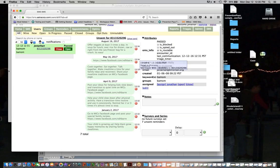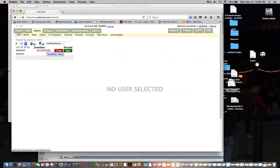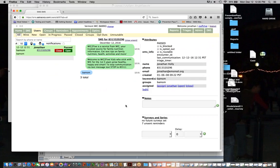It looks like we've assigned some messages. Let me see here, yeah, it looks like everybody gets some messages. Okay, good. Everybody gets some messages. Okay, so that's good. So the thing that's missing at this point is because this client was not assigned their